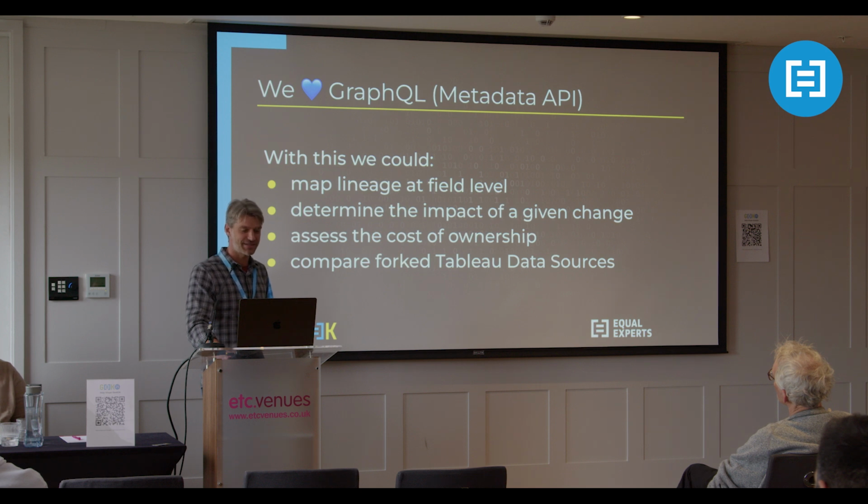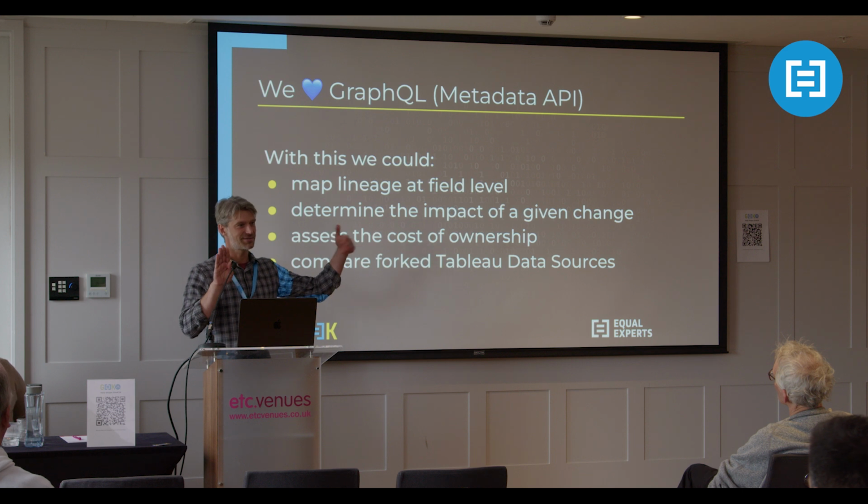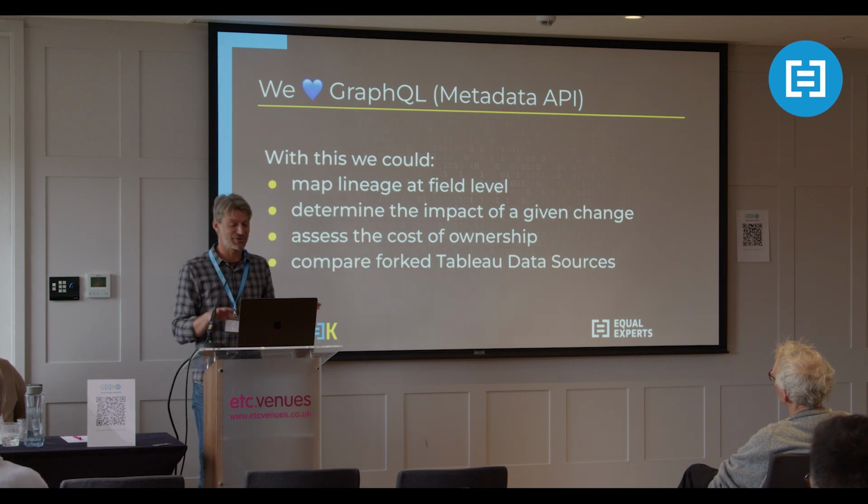That last use case, I'm not going to go too deeply into, but we had a couple of cases where we had to compare forked Tableau data sources. Again, maybe a product of the certification process taking a little bit too long, but you would see a certified Tableau data source get forked and evolve, and then the business would start switching to the uncertified Tableau data source. And then the request was basically, once you guys to merge these, you couldn't do this in the UI